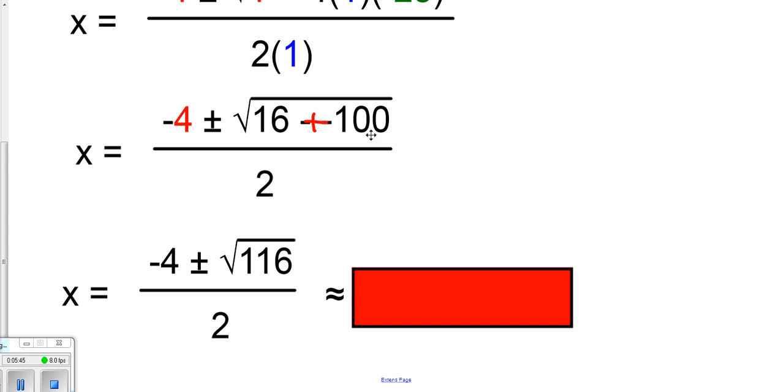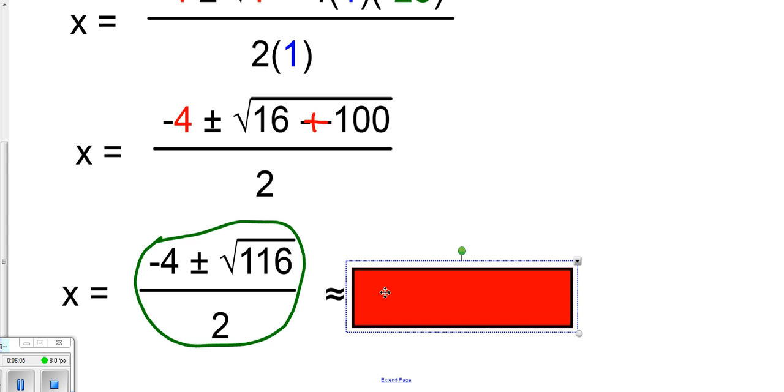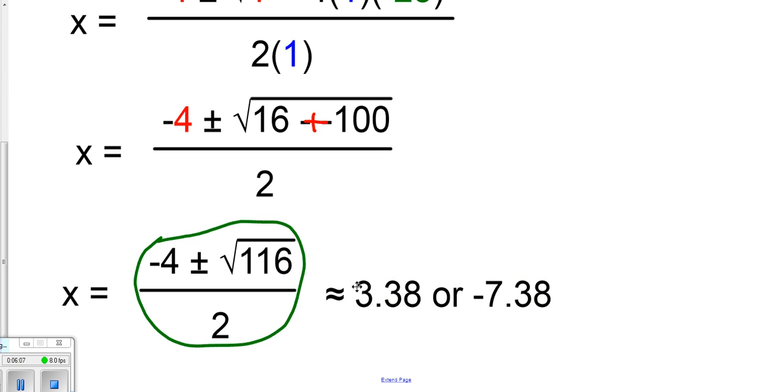16 plus 100 is 116, all divided by 2. Now, at this point, because 116 is not a perfect square, we cannot get that square root, so we could just say this is our answer. But if you like to be a little more exact, you'd plug this into your calculator and find the decimal roots. You'd get 3.38 or negative